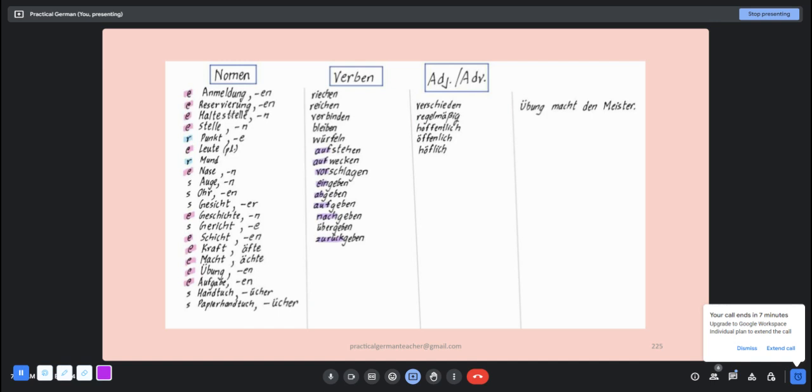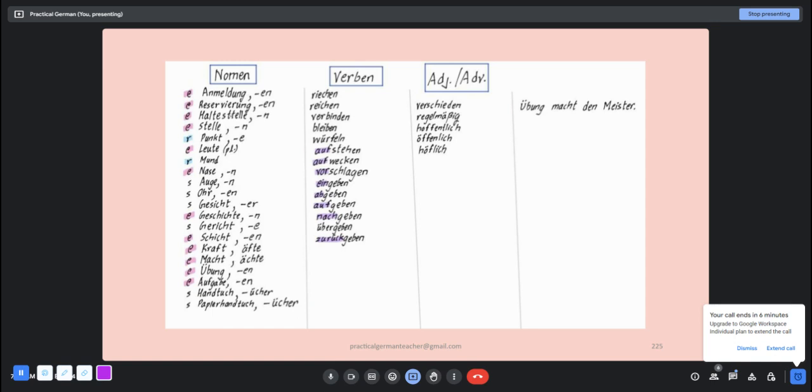Die Haltestelle, which is the stop or the station stop. Die Stelle, which I would say is also a stop. It's also a position in your company. Sometimes you say, if I were in your position, I would do this. An deiner Stelle würde ich das machen. It can have many meanings, but continue, please.